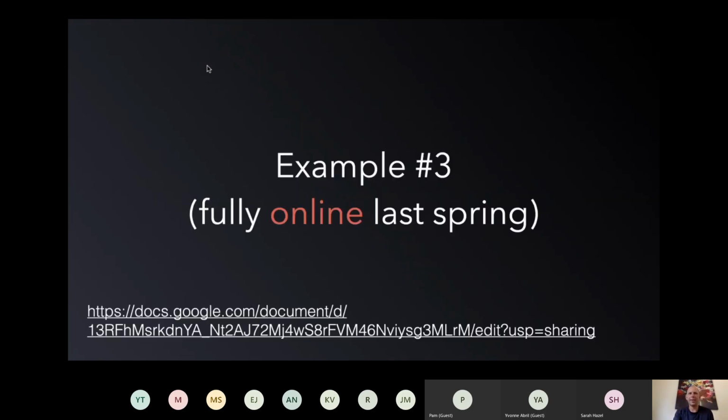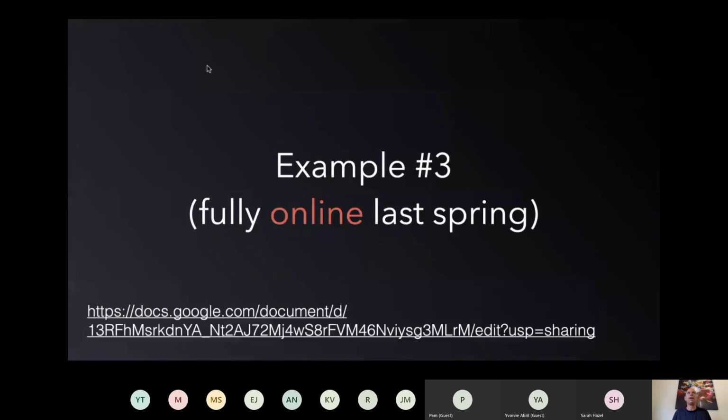Okay. So now I'm going to show you two examples about how I'm structuring the first two phases. I'm going to keep unveiling it, but this is how it's showing up in my current distance learning as a chemistry and biology teacher. Last spring, like probably all of you, I had two days to design a 10-week-long fully online version of my classes. It was completely triage. And I actually really enjoyed it.